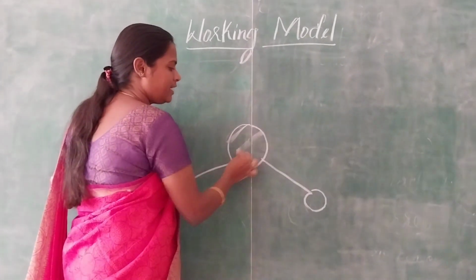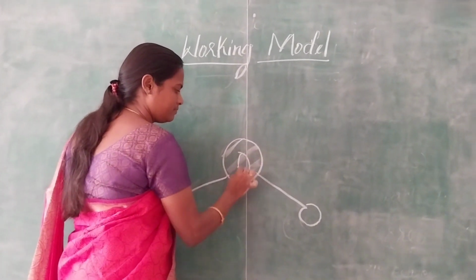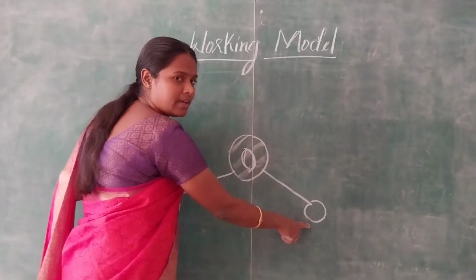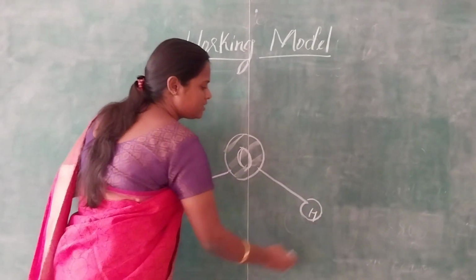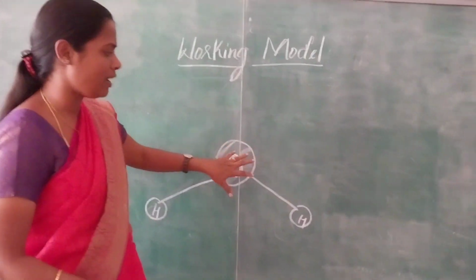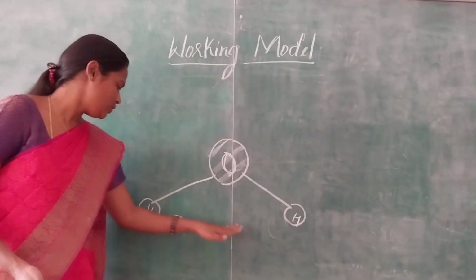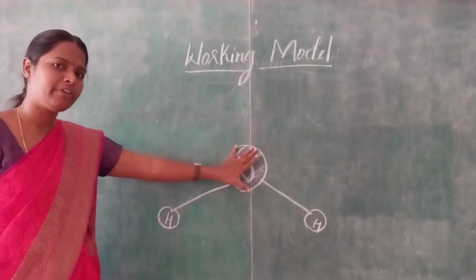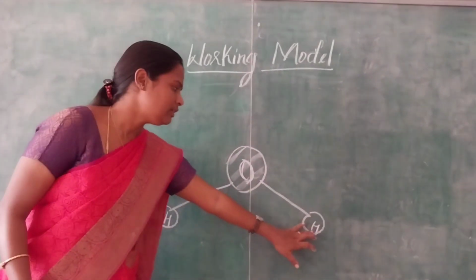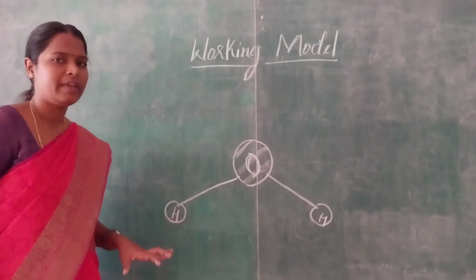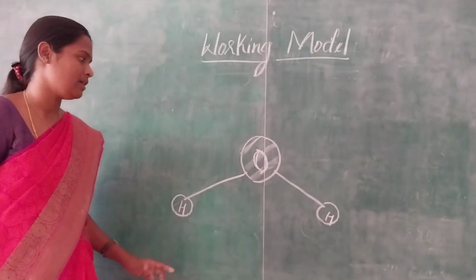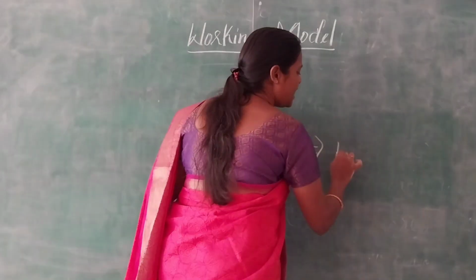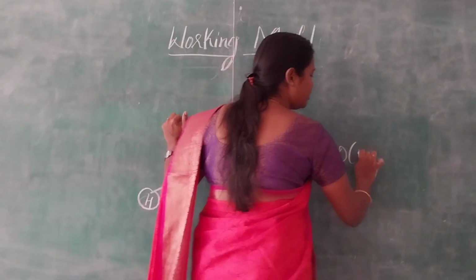So here we are having this ball is oxygen and these balls are hydrogen, and here we are having one ball that is hydrogen. So see students, the big ball is oxygen and the 2 small balls are hydrogen. It should be in a big size and different color. Suppose this ball is red and these 2 balls are the same atom, so that's why we have to use the same color, same size. Okay, this is what? This is what? H2O, that is water.